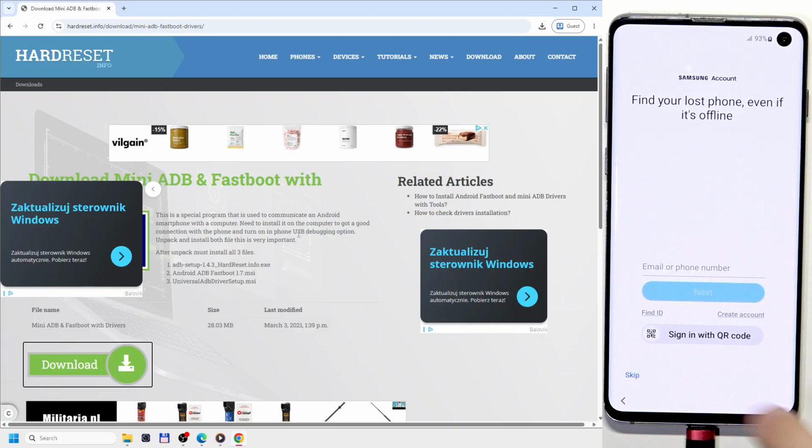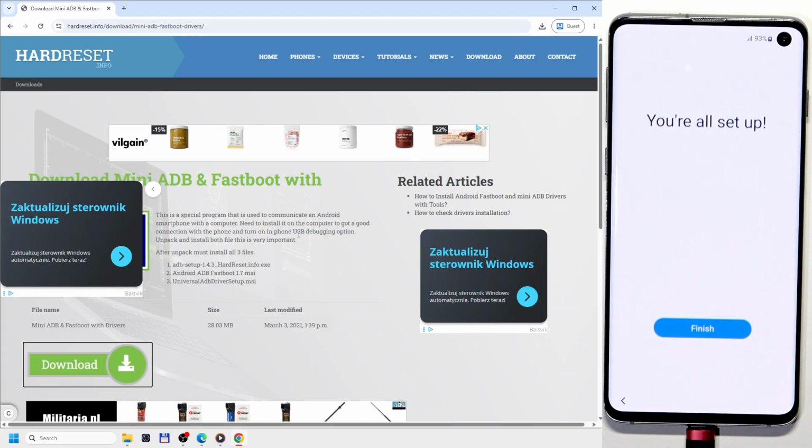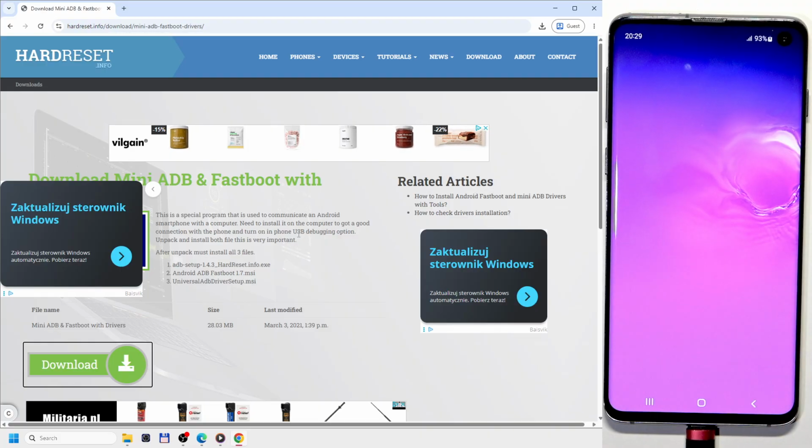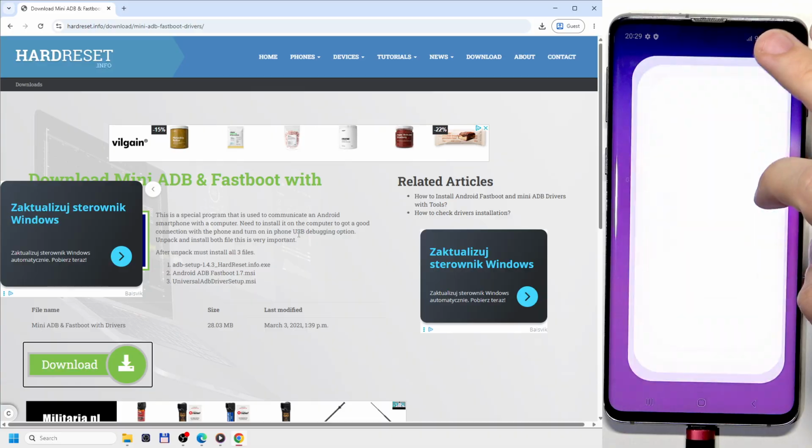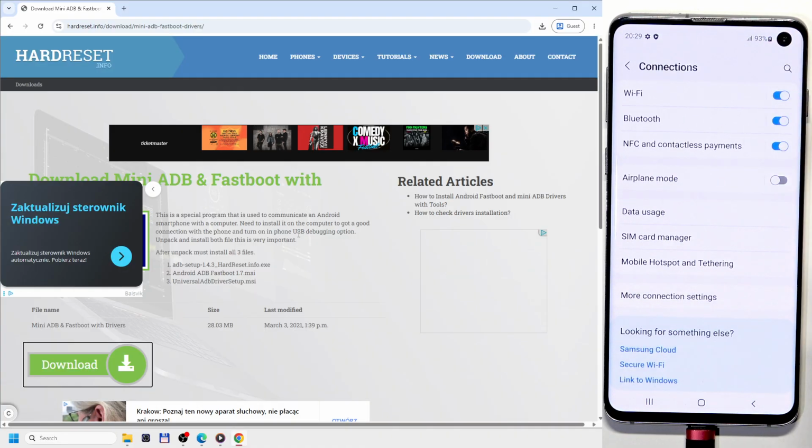Okay, let's skip the Samsung account and finish. You can see we're already through the setup. That's why I recommend not connecting to the Wi-Fi during the setup if you don't need a proper setup, just a quick one,